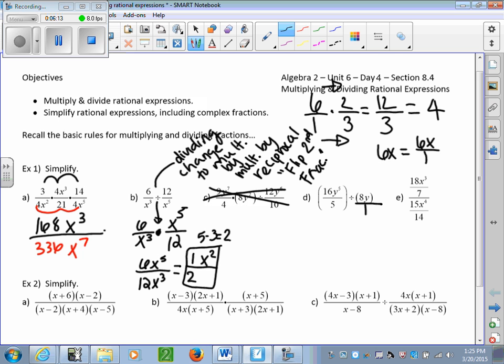So, remember when we're dividing, we first want to turn it into a multiplication problem, so I'm going to multiply by my reciprocal, or flip my second fraction. So I'm going to change this division to multiplication. To do that, I flip the second fraction, so it's going to be a 1 over 8y now. And my first fraction doesn't change, so I have 6y to the 5th over 5. All right, so